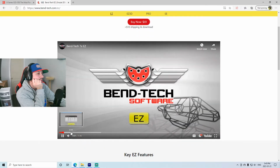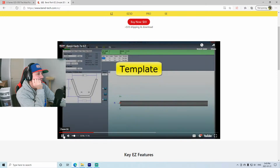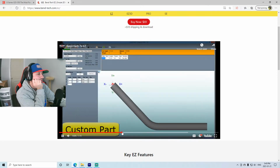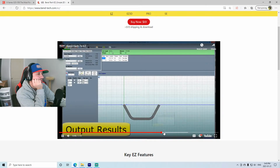These are the features and highlights. All 4 products in the BenTech line come with their own designers specific to the needs of the user. Our EZ product comes complete with a template, custom part, and Sketch 2D designers. Our template designer allows the user to choose from a list of predefined selections and simply enter their own values. We enter the Sketch 2 user of any style, including structure, rotation,